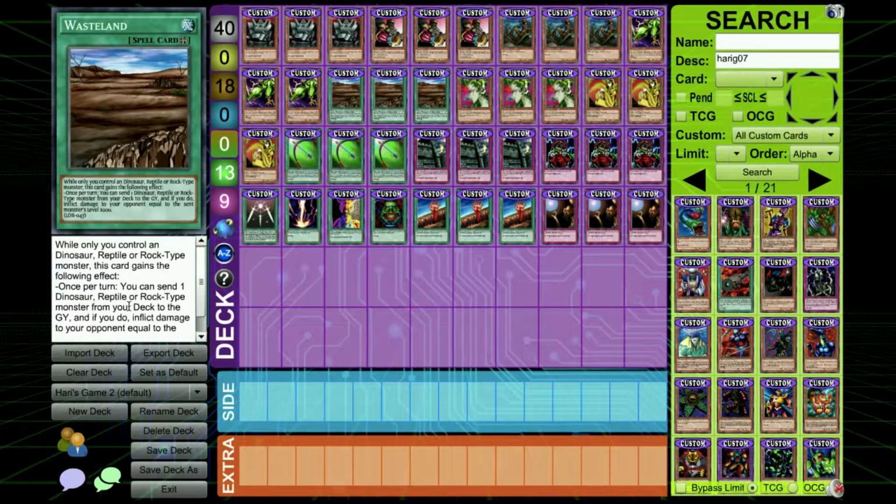So Wasteland: while you only control a dinosaur, reptile, or rock monster, this card gains the following effects. Once per turn, send one dinosaur, reptile, or rock type monster from your deck to the graveyard, and if you do, inflict damage to your opponent equal to its level times 200. So yeah, the Wasteland obviously acts as deck thinning and acts as, you know, a fairly considerable amount of